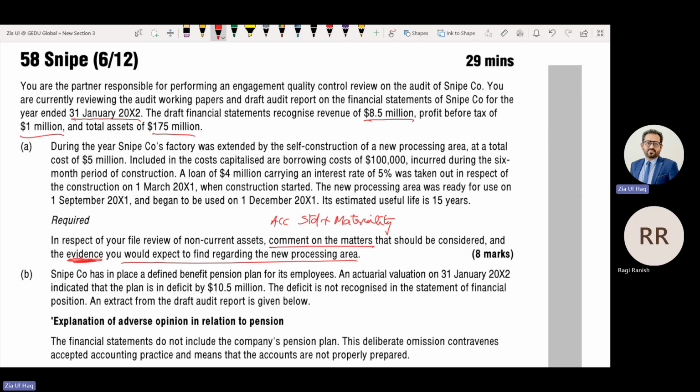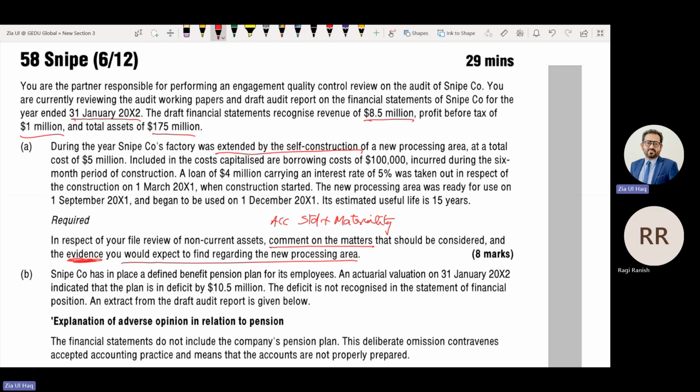So the company's profit, revenue and total assets figures are given, and the year end is given. What's the issue? During the year, SNIPE company's factory was extended by the self-construction of a new processing area at a total cost of 5 million. So the company has extended their factory through self-construction and they bore the cost of 5 million.